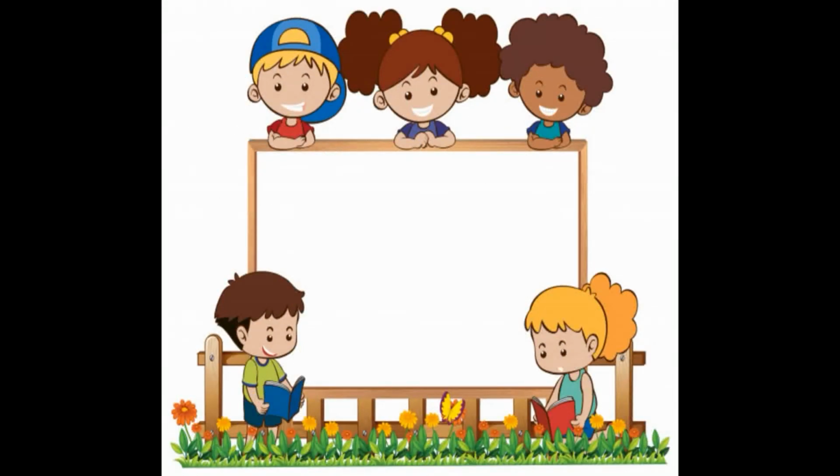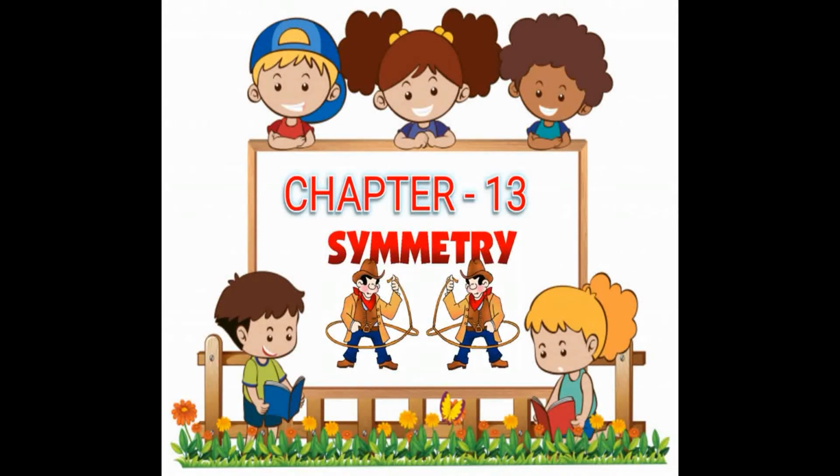Hello students, in our last class we worked with chapter number 13. We discussed the definition of symmetry, saying symmetry is a state of having two halves that match each other exactly in size, shape, proportion, balance, etc. We even discussed that if we fold any symmetrical figure along its mirror line, or line of symmetry, one side will exactly overlap the other side.